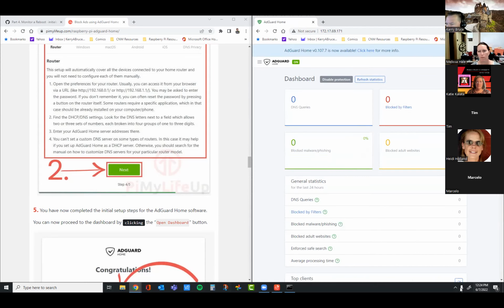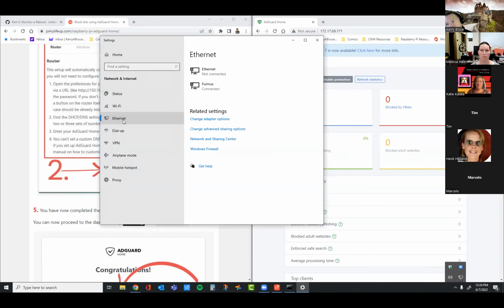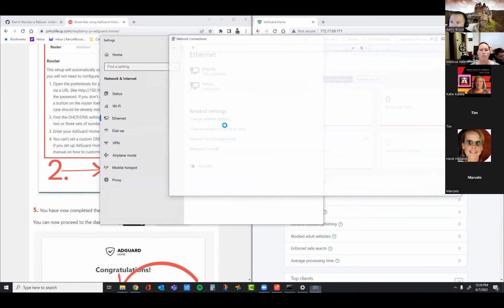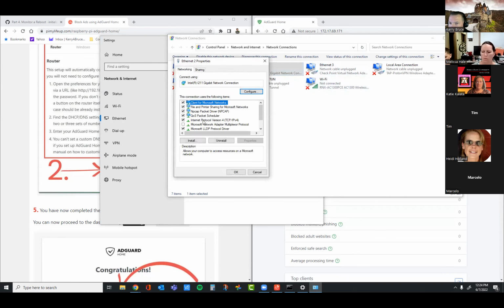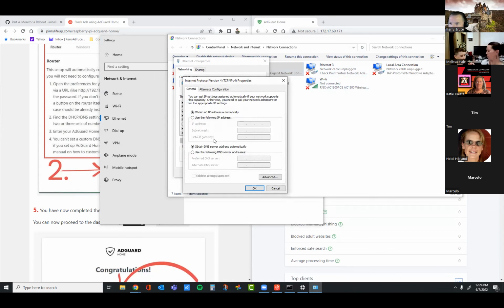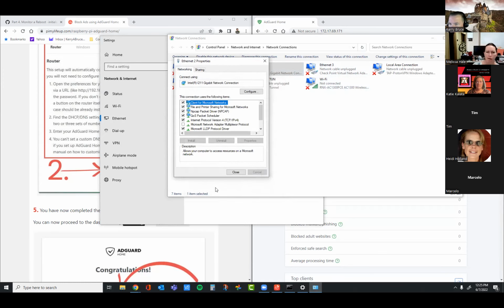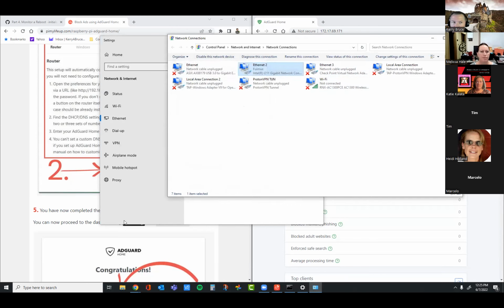So then what I'm going to also do now is on my local computer, I'm pointing my DNS to the Raspberry Pi.